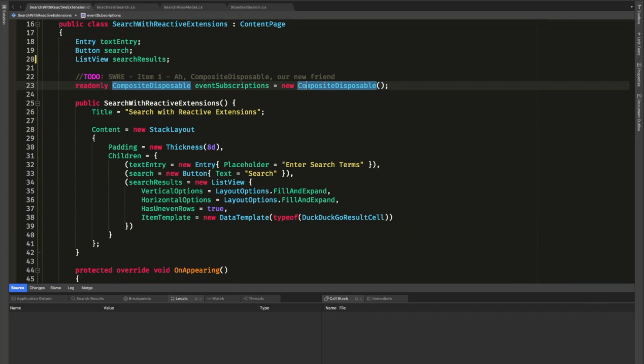Composite disposable is this really cool thing that comes with the reactive extensions. It's essentially just a list of items to be disposed, right? So what we do with composite disposable is anytime we come across something that implements IDisposable, we can add it into that composite disposable. In this case, we're going to create a composite disposable that holds on to all of our event subscriptions, so that later on in our application, we can use that and dispose of all those event subscriptions